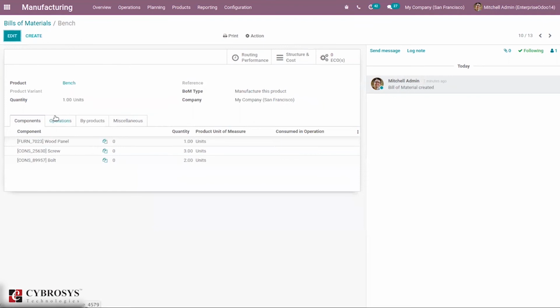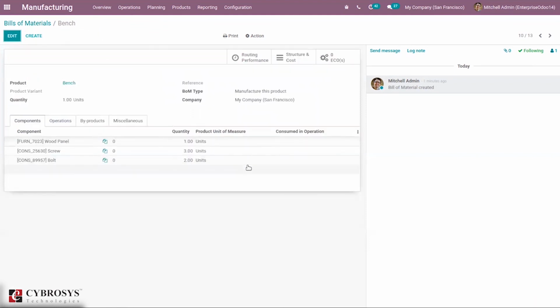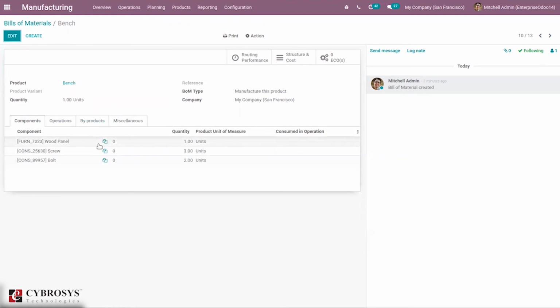Okay, so when you create a bill of material, and suppose I am going to this product, after creating a bill of material, here you can find an option to compute price from bill of material, the cost from bill of material. So you can update the cost after creating that. Okay, then you can add product attachment, that is components attachment from here if you want to add that.